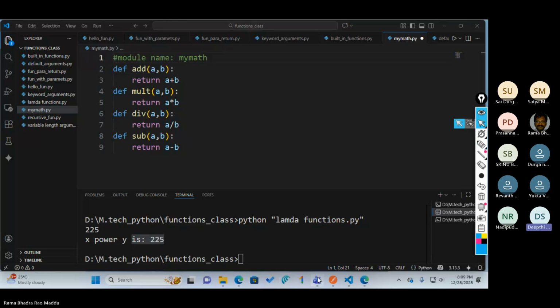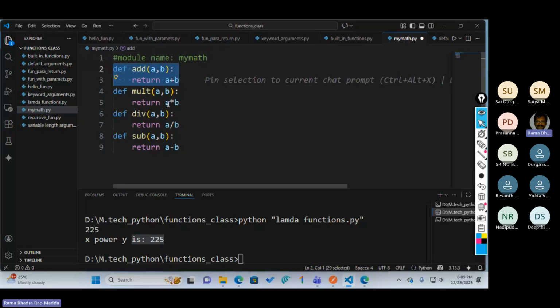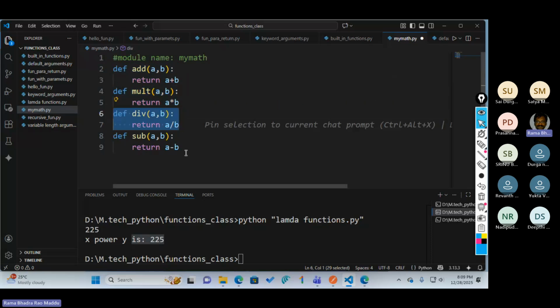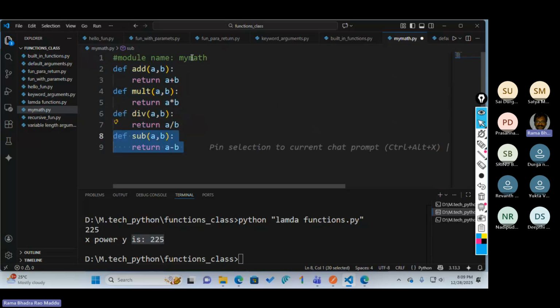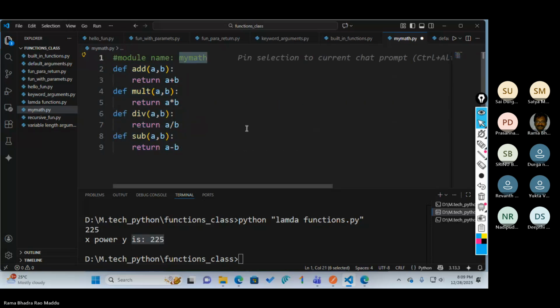Yes, sir. Okay, so what is the purpose of modules? If you write functions in one program, you can use them in another program with the name of the module. It is simple and very easy in Python.